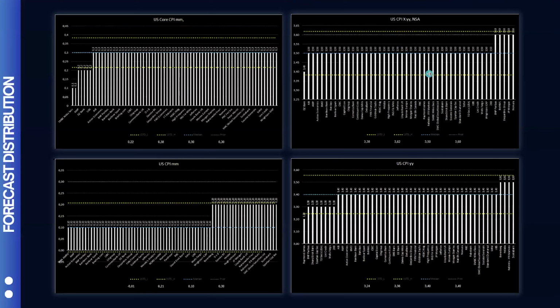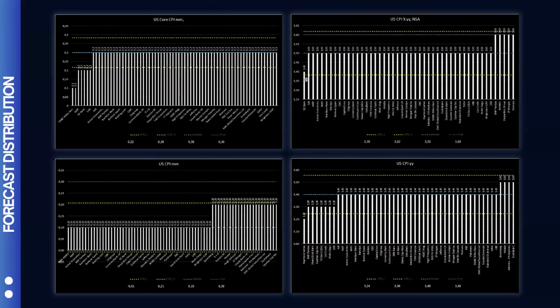Let's take a look at top right. This gives us the year over year also for core. Now, we know that the low estimate was 3.4%. The high estimate was 3.6. But again, you don't have to be an expert analyst to see that that low of 3.4, it was a